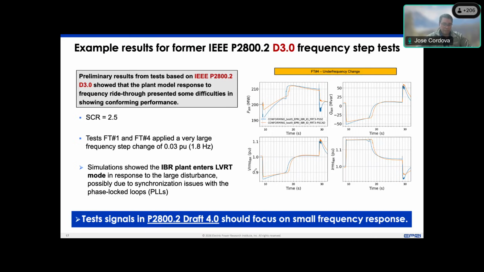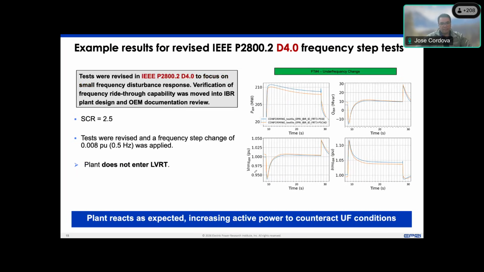And given the large nature of it, this was flagged to the working group. And if you go to the next slide, Jens, you will see that